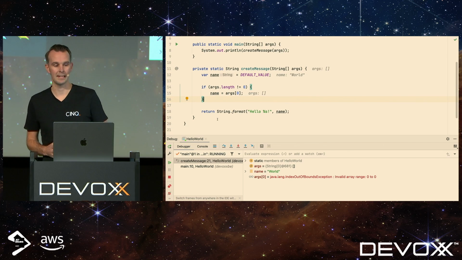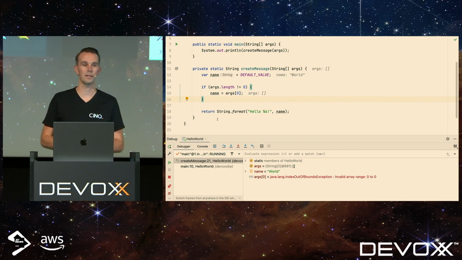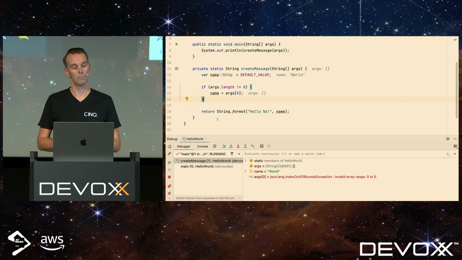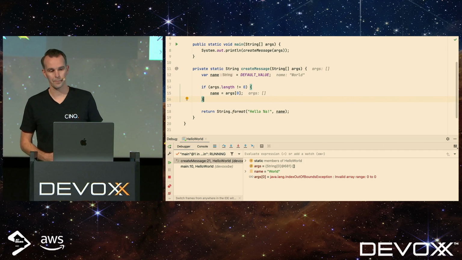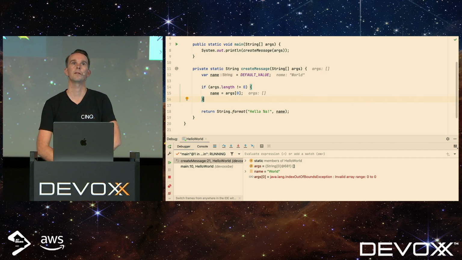And let's continue with the next topic. The next topic is... I don't remember, but lucky I have this one. Hot code swapping. But before I'm going to talk about hot code swapping, I first would like to talk about